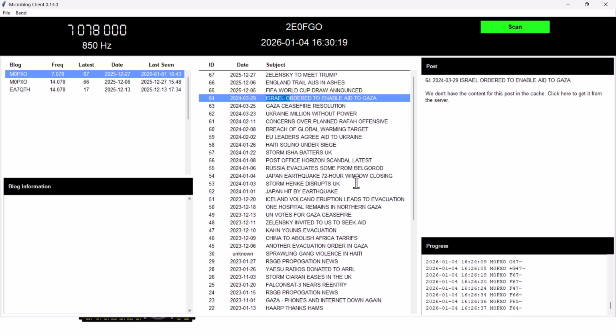Okay, so the other thing I was going to show you was that you can see down here that we've got ID 45, and then we've seen ID 30 being transmitted to someone else and without the date information, so it's one of the short listing type listings, if you're familiar with that, with the server. So the question is, how do I get anything prior to 45? Well, what I can do is right click and do get more posts, and that will go off to the server and it will get